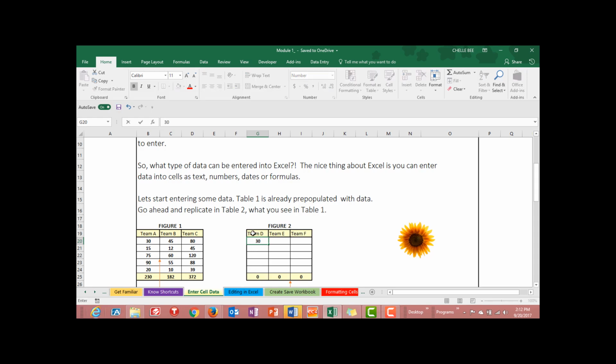So 30, 15, 75, 90, 20. Don't enter anything here because there's a formula there. It's summing everything in cell G20 to G24. So it says the total is 230 and it matches what we have in figure 1, team A. So we're good to go. Let's keep moving. 45, 12, 60,